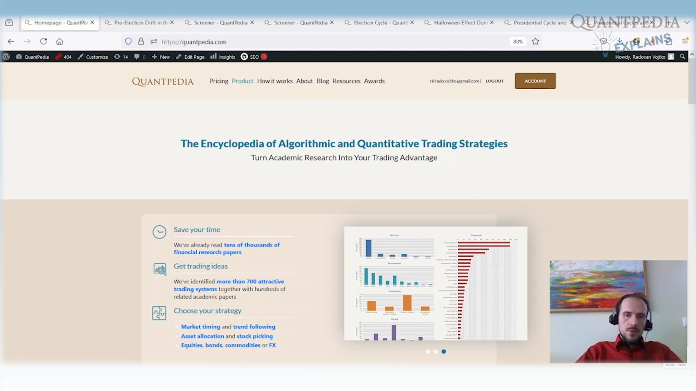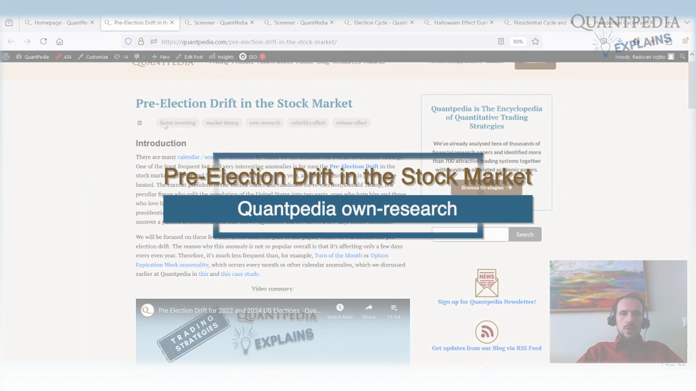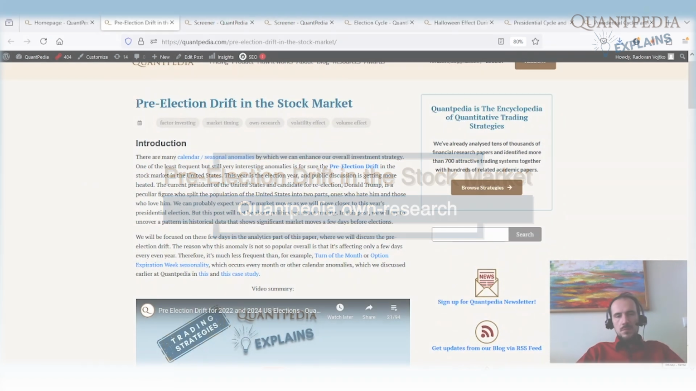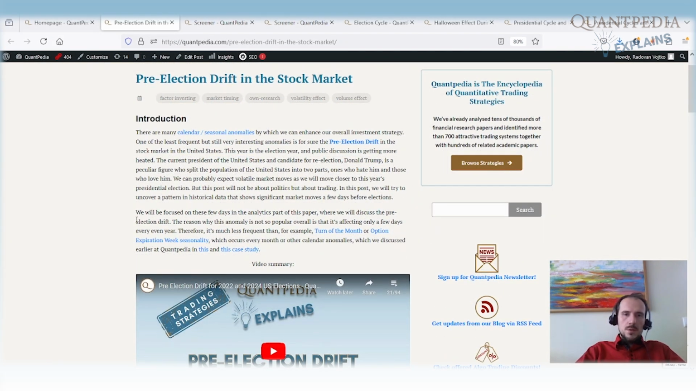But there are some papers that show that the elections have an impact on the US market, and I would like to show you some of those papers. So firstly, there is an article that was written by us and it's called The Pre-Election Drift in the Stock Market. It's an older article, maybe 3 or 4 years old. It's about the calendar or seasonal anomaly that shows that there is a significant updrift in 5 days before the